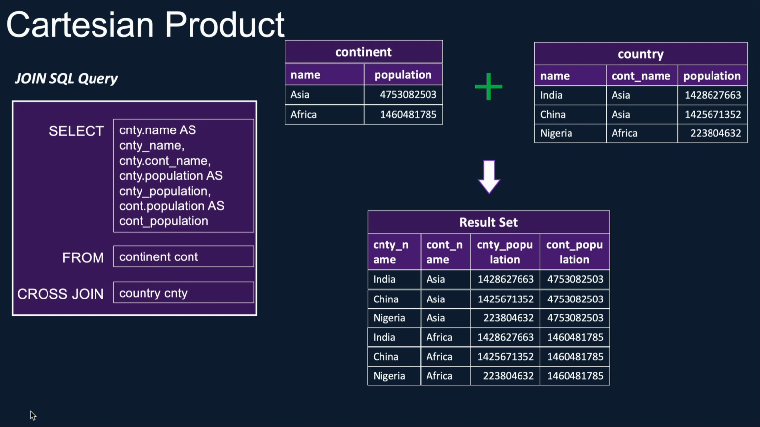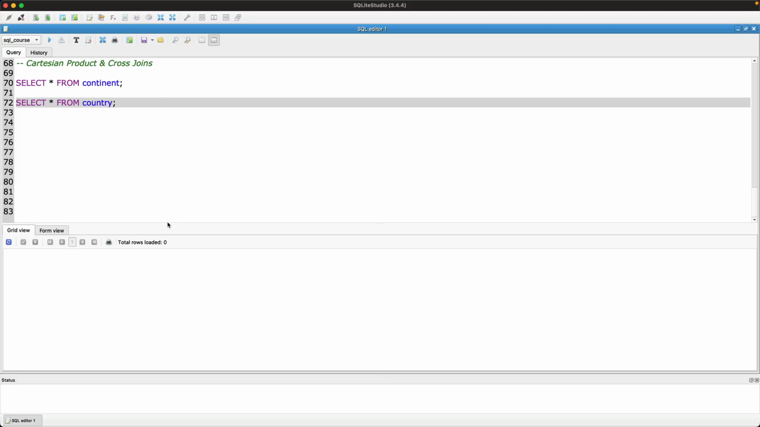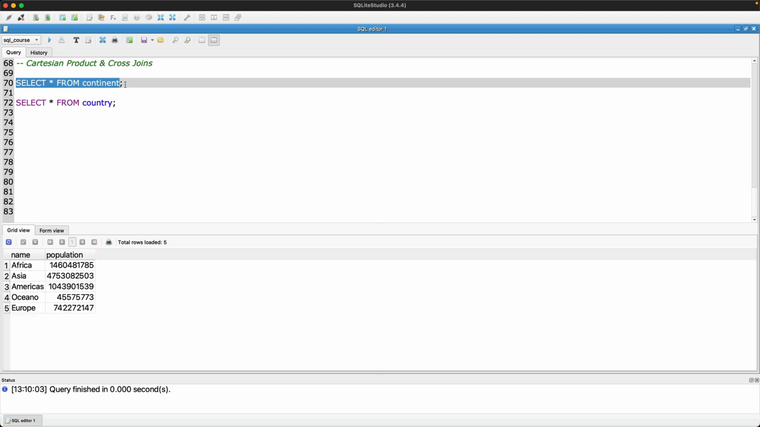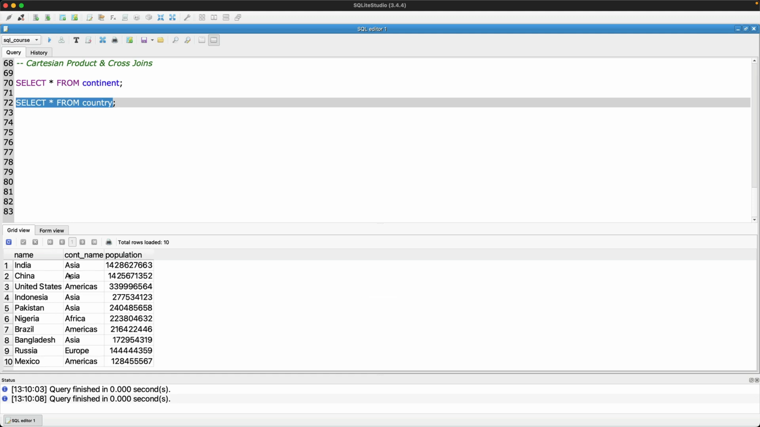Now that we understand Cartesian products and cross joins, let's switch over to the SQL Studio and see this in action. Here we are in the SQL Studio. I'm going to demonstrate the Cartesian products as well as how to use cross joins. We're going to use the same 2 tables we looked at previously, which is continent and country. Continent has got the 5 records as you can see here, and country has got the top 10 most